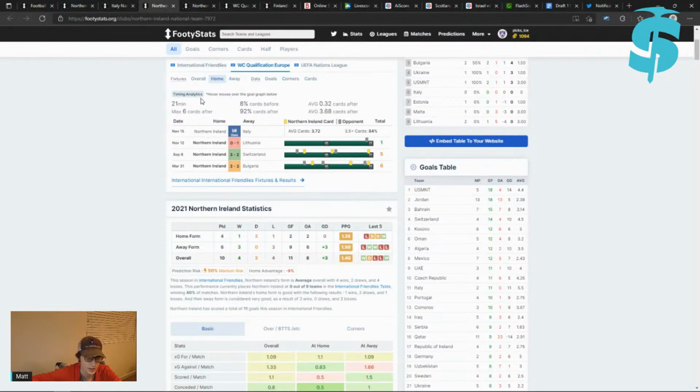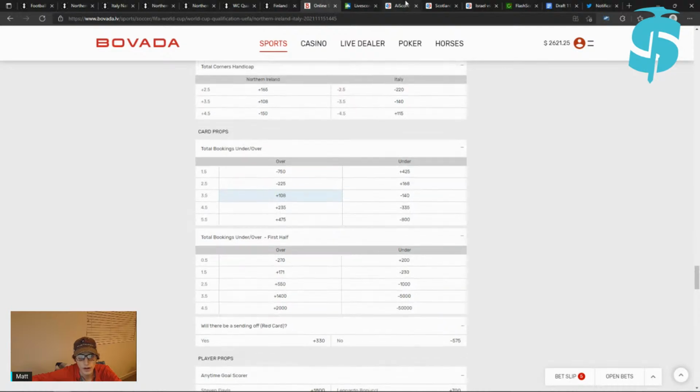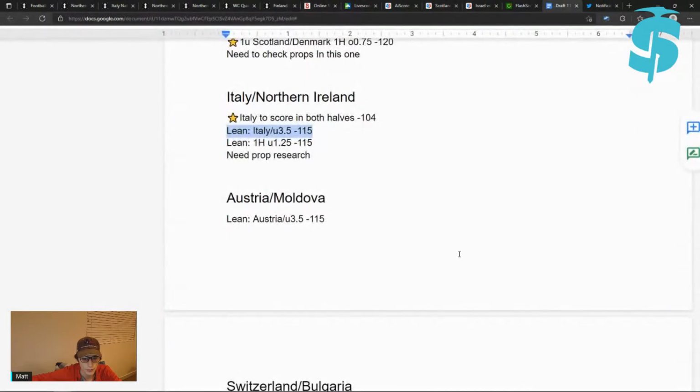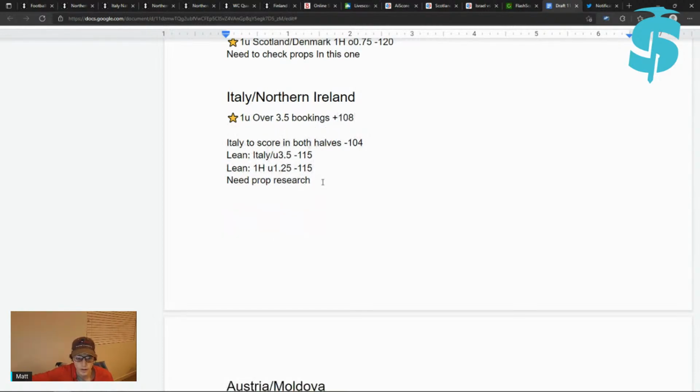I do like this actually, in fact. And let's see what happened when they played Italy last time. They had 2 cards. Italy had 0, but the game is also 2-0 the entire time. So I'm going to write this down for 1 unit. I may actually bump that down. 1 unit over 2.5 bookings plus 108. I think that's the best look for this game that I have seen so far,